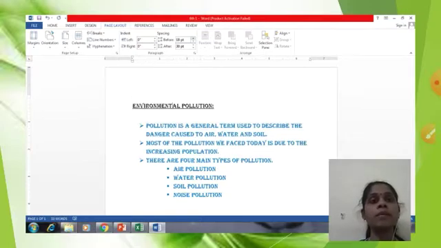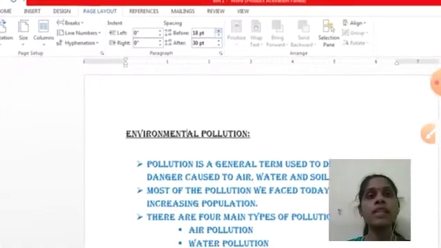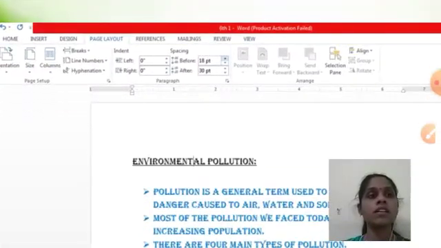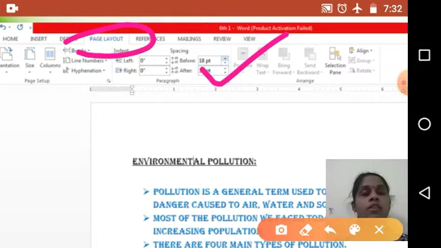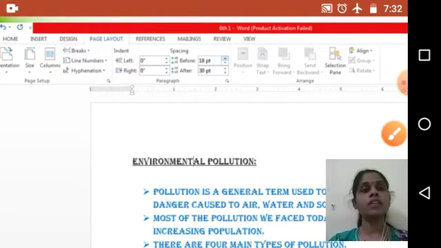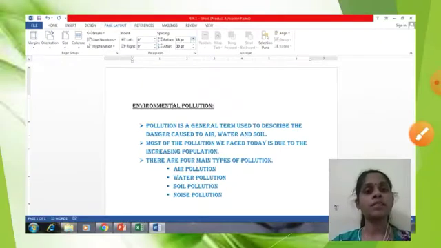After selecting the paragraph, go to page layout. In page layout you will get spacing, that you have to change. Try to change some points, you will see the change in your paragraph also.